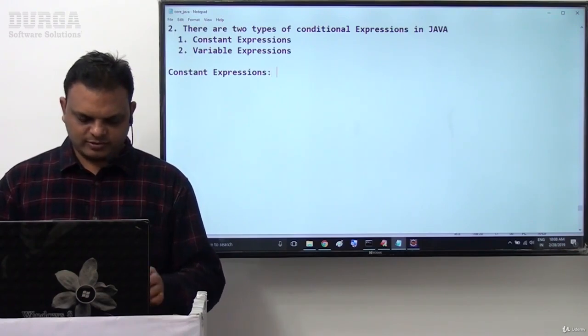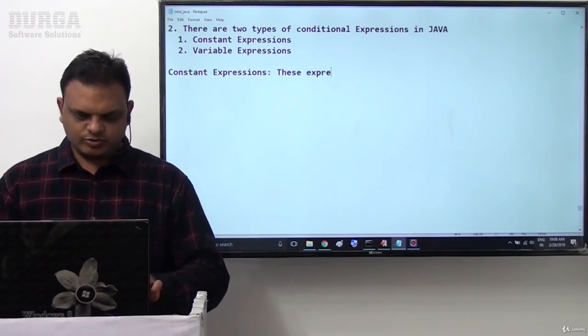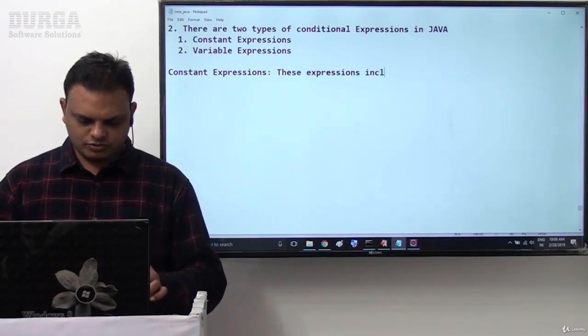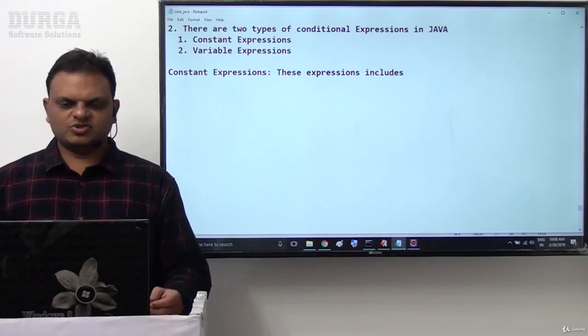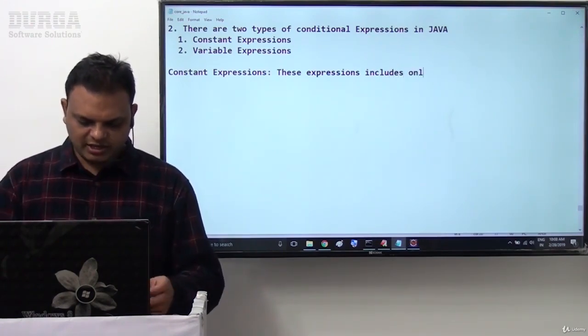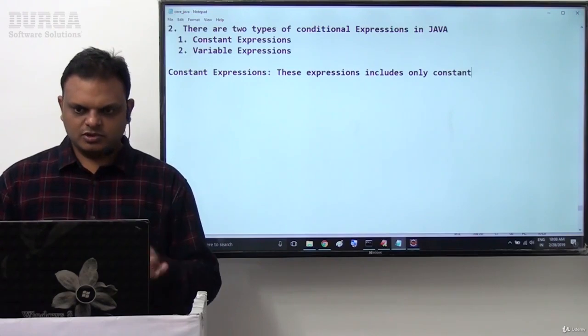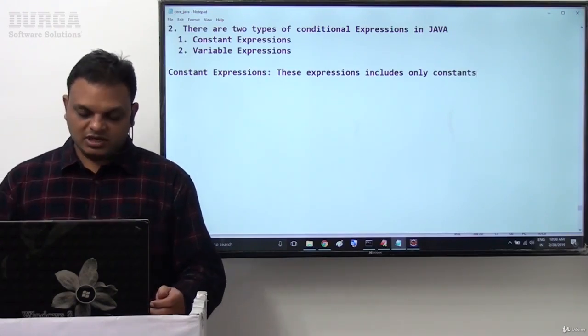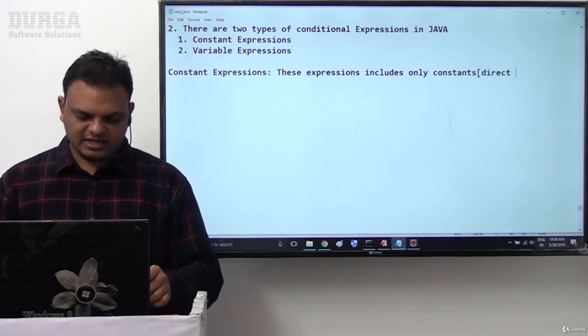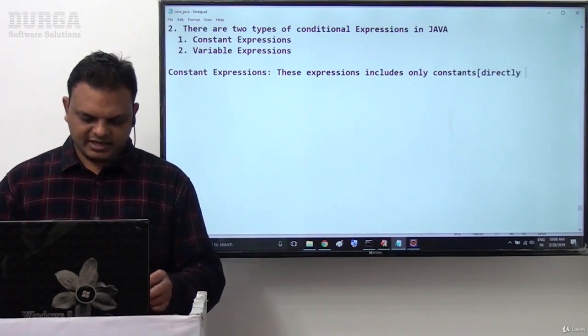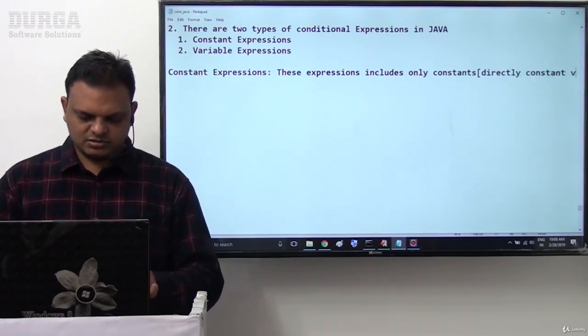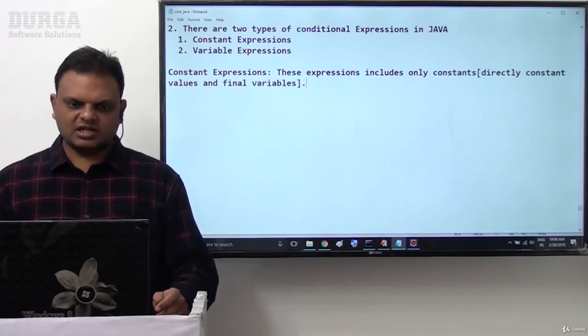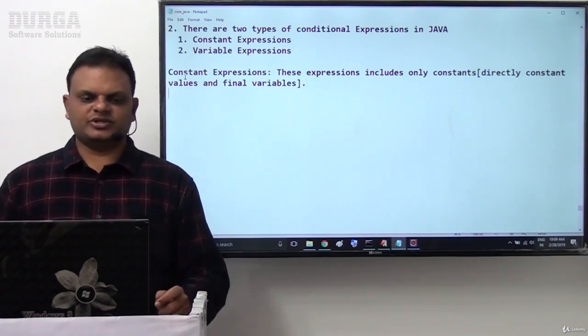Constant expressions: if you observe, these expressions include only constants, meaning direct constant values and final variables. Final variables are also treated as constants.